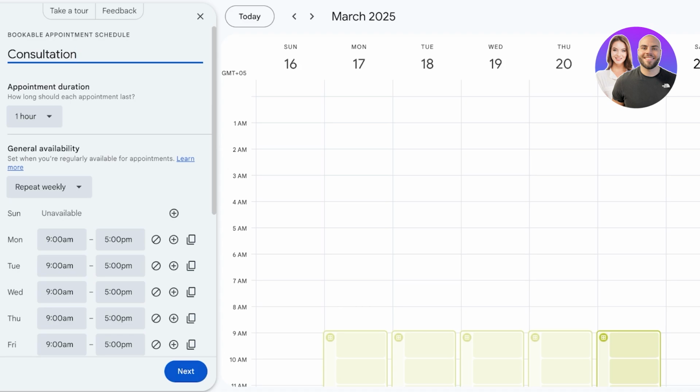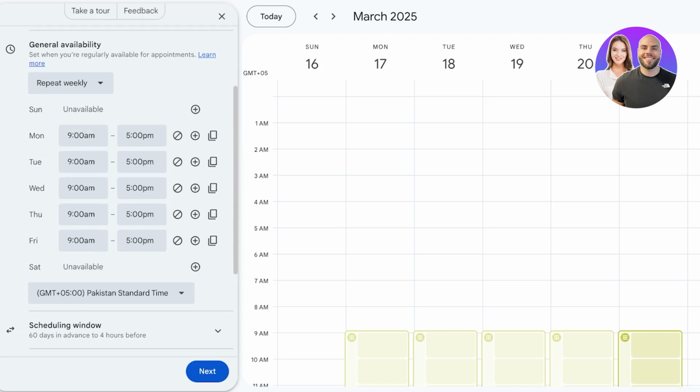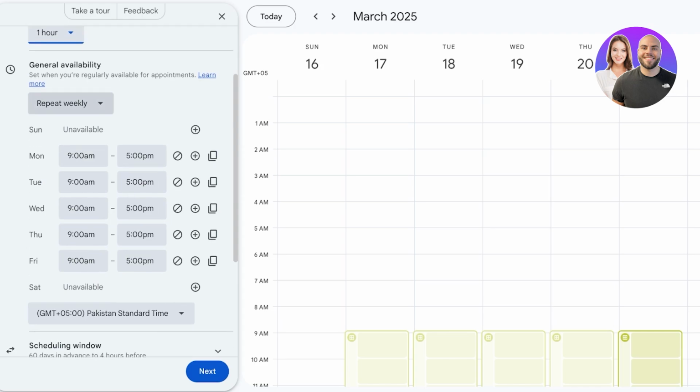So once we do that, we can also choose the duration, whether it's 15 minutes, 30 minutes, 45 minutes, 1 hour, 2 hours, or even a custom duration. So we're going to go with 1 hour over here. And then we have the general availability. So this is going to repeat weekly, and let's say we are available Monday through Friday, but our timings are 8 to 4. So what I'm going to do is I'm going to change the timings to 8